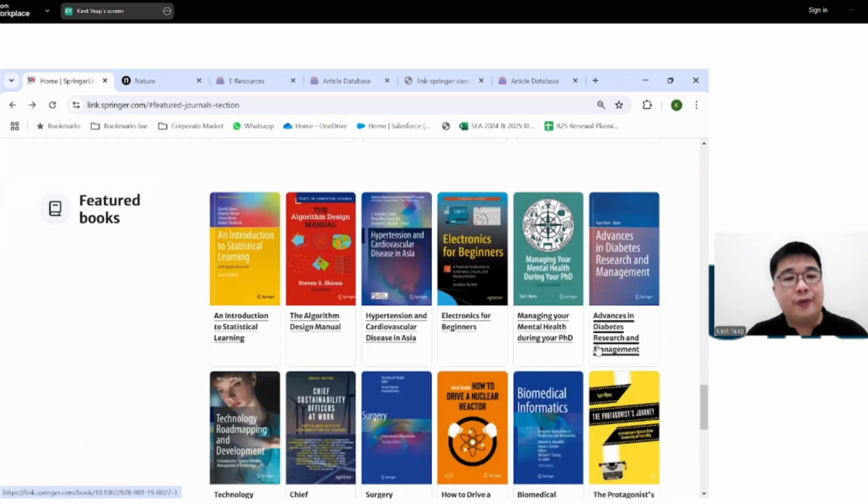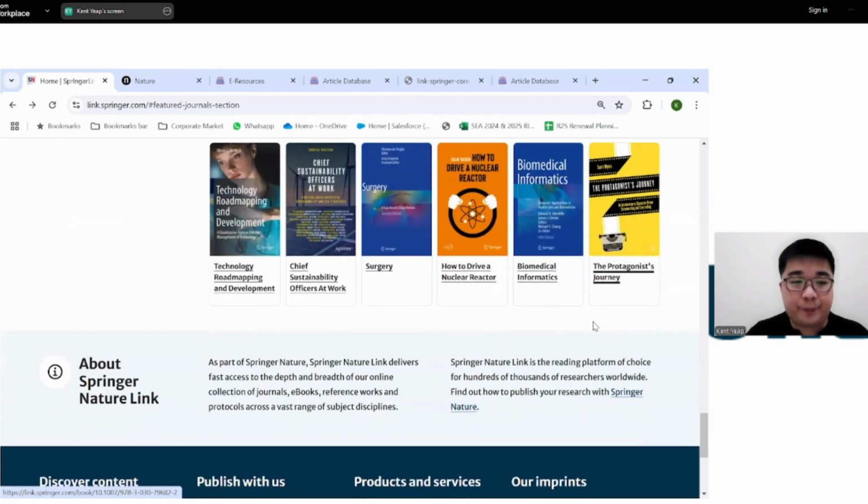And then lastly, below, there is again a list of featured books. So this works similarly to the featured journal list. If you spend more time on the platform, it understands you a little bit better. It knows what you like and what you dislike. It will feature books that are more relevant to what you have been reading recently, or at least spent more time doing research on. Okay.